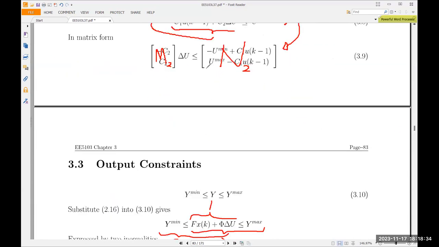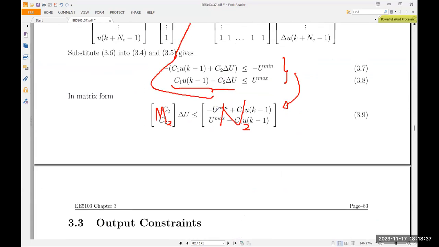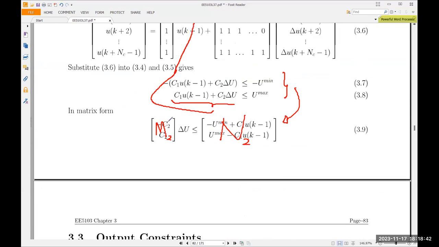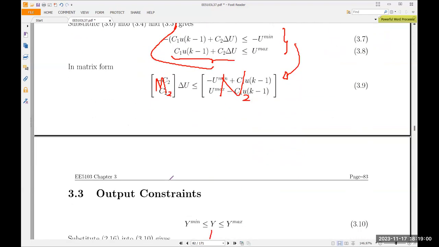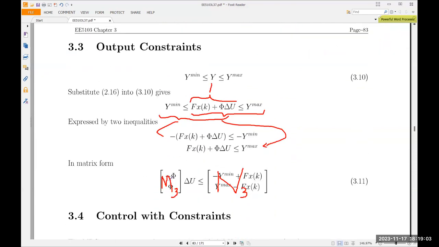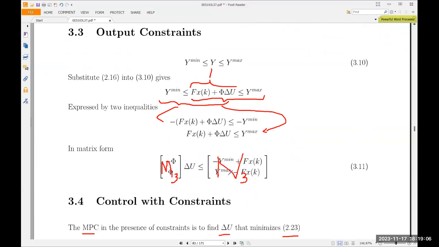So there's a U min constraint here. There's a U min constraint here. So you use this, you find out what is C2, it is given here. C1, C2 is here. You find out what is C2. Your U min was 5. Then your C1 is this one. Then your U k minus 1. So you got this. Then you have a constraint on Y max. So you look, Y max is this one. So you have a 5 for your M, and then your gamma is Y max minus F